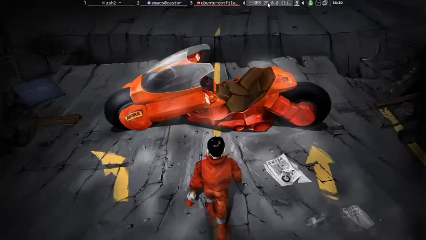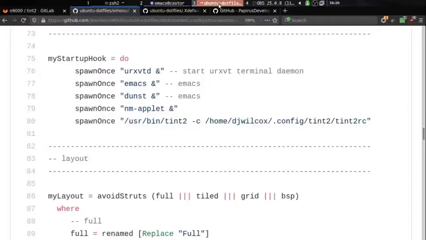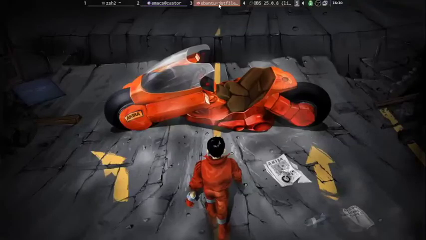This is OBS, that's a workspace. Then we have our volume, our system tray icons, and the time, and these are all clickable. That's your thing, and I can launch my